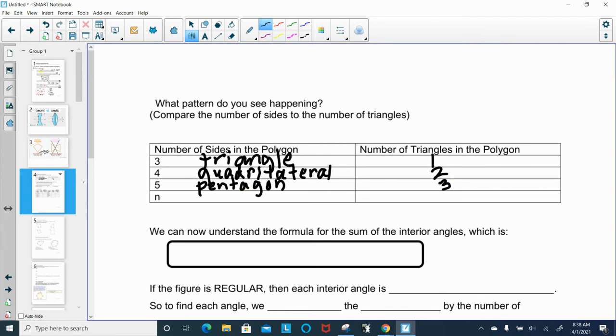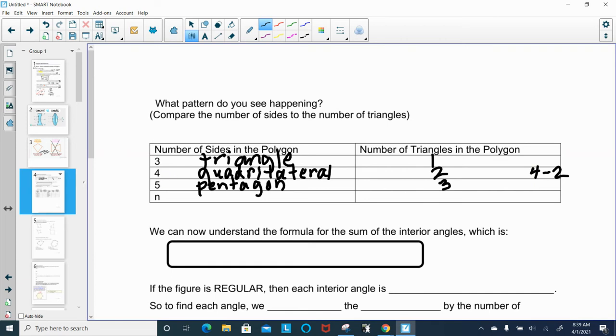I'm not sure if you guys are seeing a pattern or not, but what's happening here is that anytime you have a polygon, you have a certain number of triangles, and it's always going to be 2 less than the number of sides. So here I have 4 sides. 4 minus 2